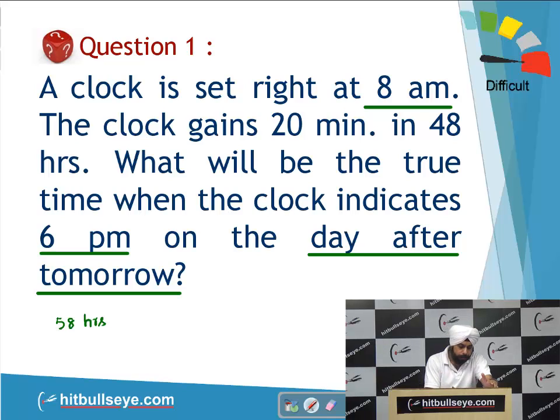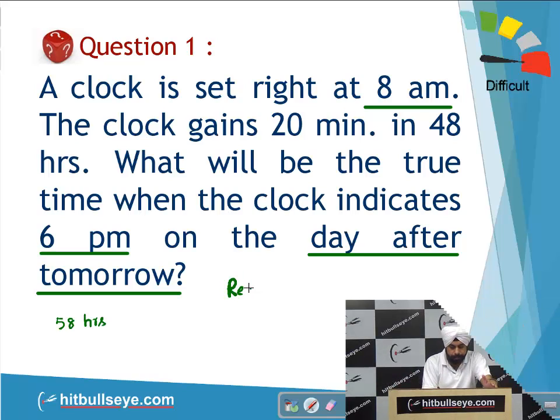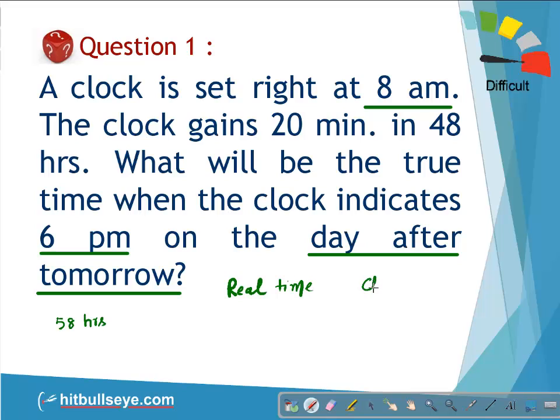Now students, as per the question, the clock gains 20 minutes in 48 hours. Very importantly, you have to be careful what is the real time in this case and what is the time that the clock is indicating. So students, can I say from reading this statement that when the real time is 48 hours, the clock indicates 48 1/3 hours? I converted 20 minutes into hours.